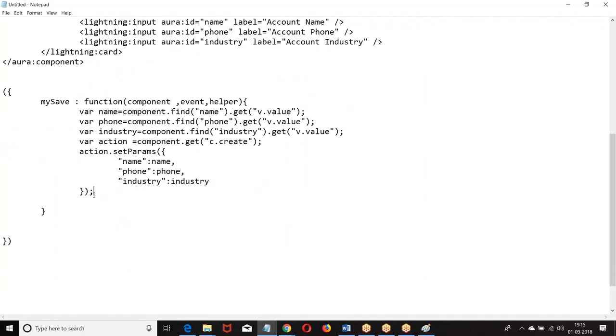Right. Then we are calling a method with parameters.